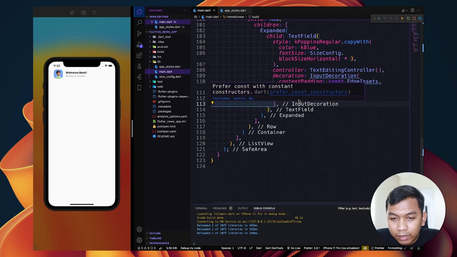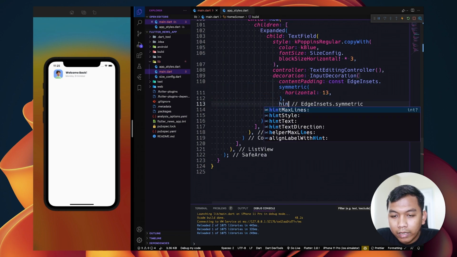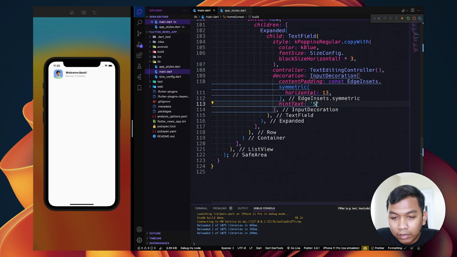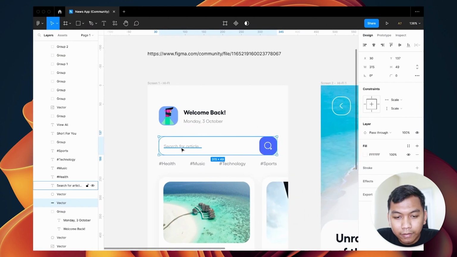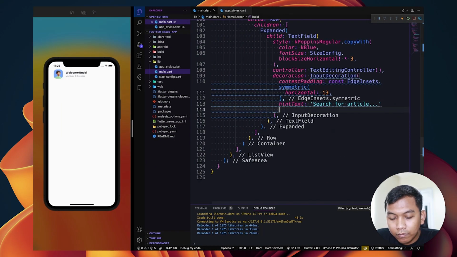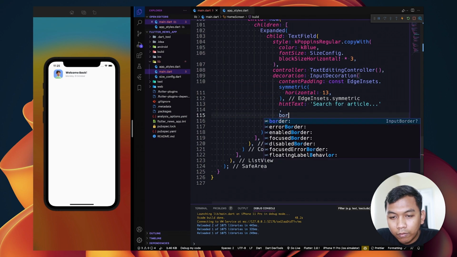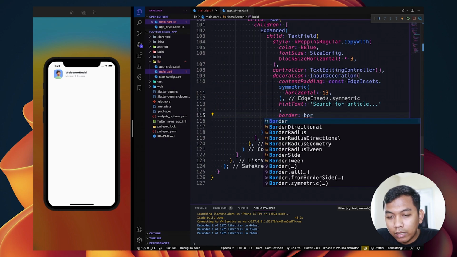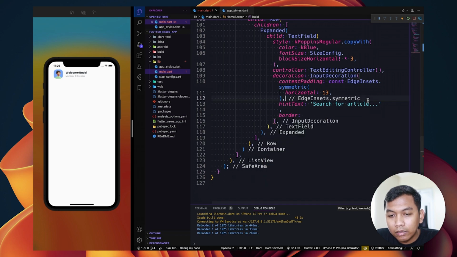And the next is hint text. Set it to search for article, as you can see here. And for the border, set it to border.